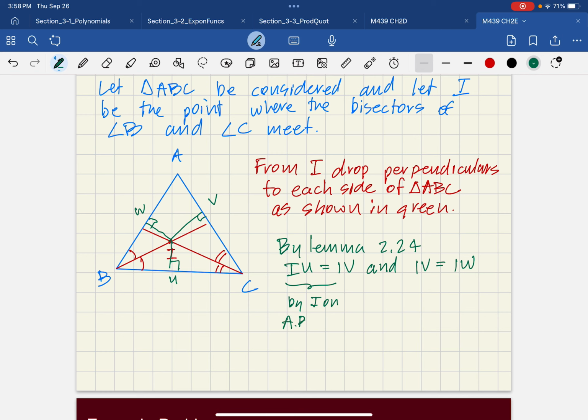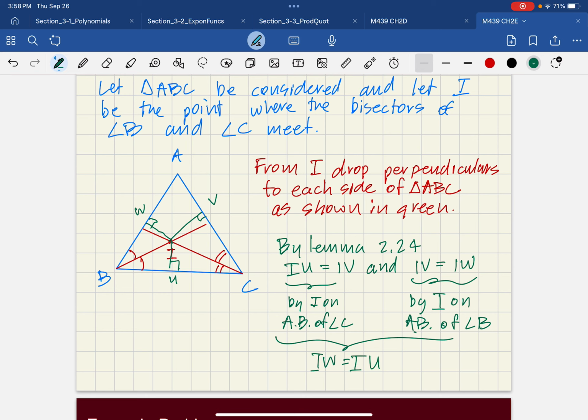I'll say angle bisector of angle C. And because we're on the angle bisector of angle B, right? But what you should notice is that what this gives us is that IW is then equal to IU, which then proves, again,